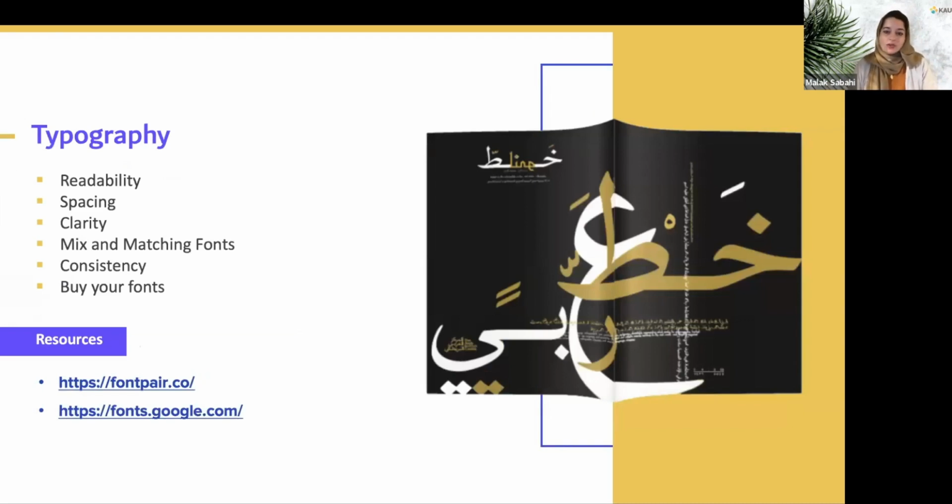And last thing, we're going to talk about typography. These are the points that you need to follow when you pick your typeface. Readability, spacing, clarity, mix and matching fonts are very important. You need to be careful when you mix two different fonts, they need to work together, they need to complement each other. Consistency, consistency that means if you have a font in your brand guidelines, always use the font